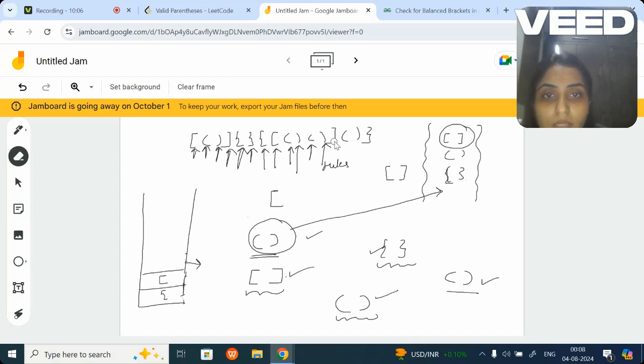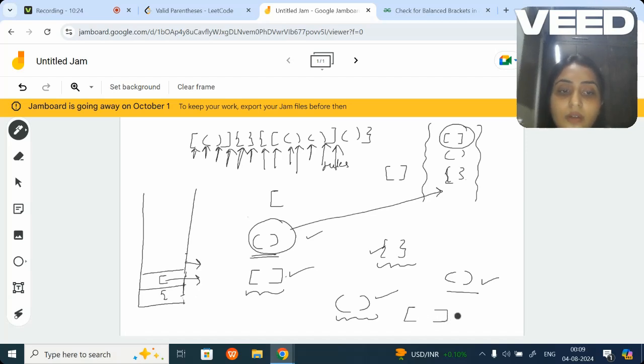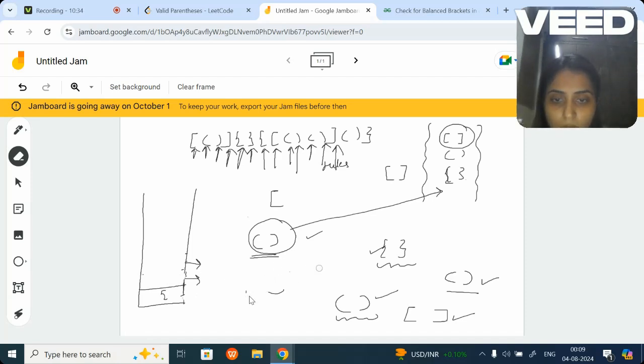Okay, now after I remove it, I go to this one. Okay, this one is a closing tag. I will pop out this. So when I pop out this, both of them become a valid parenthesis. And I will pop this one as well. Let me just clear off some space. Okay. Now, after I do this, let me go to this one.